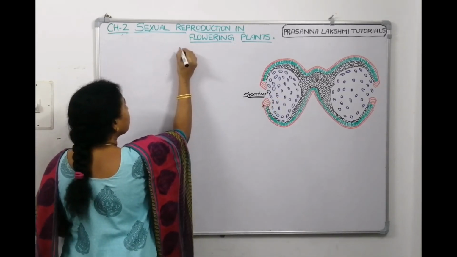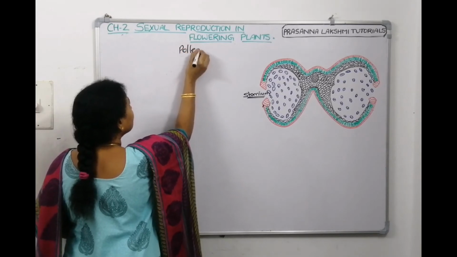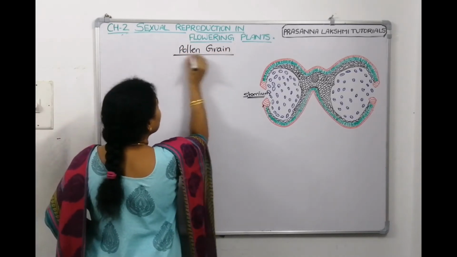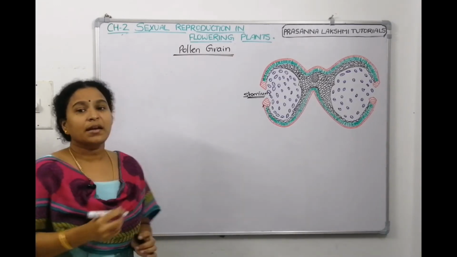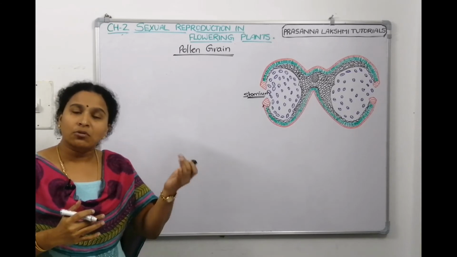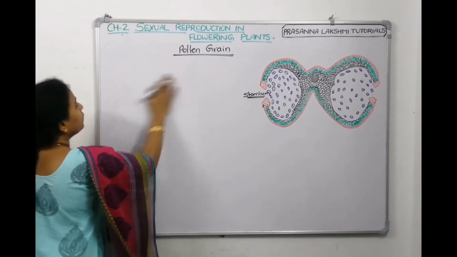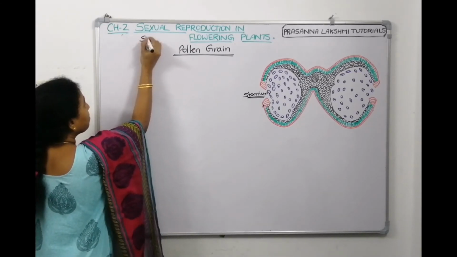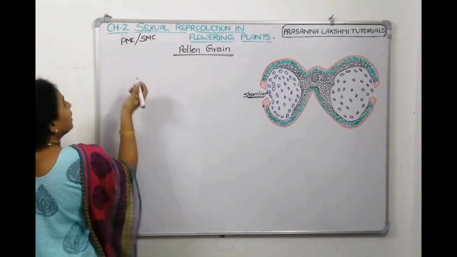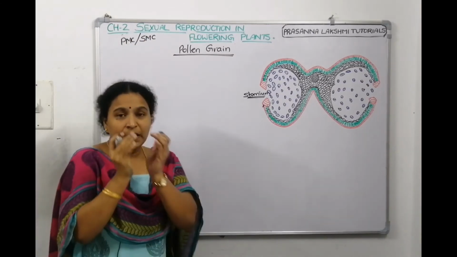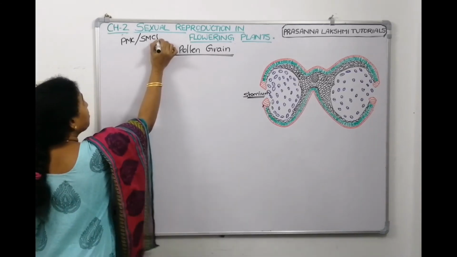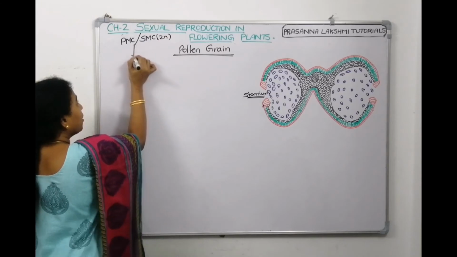Now let us talk about what a pollen grain is. Pollen grain is also called microspore, or we can say the microspore only develops into the pollen grain. So we know that the spore mother cell, or pollen mother cell, is there. Where is this spore mother cell or pollen mother cell? Inside the microsporangium. It is diploid. It has undergone meiotic division